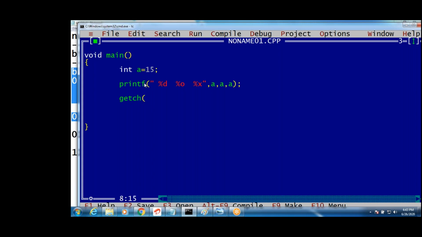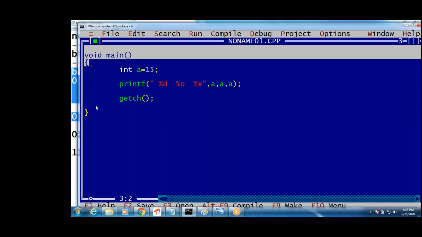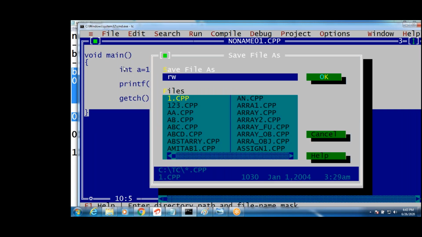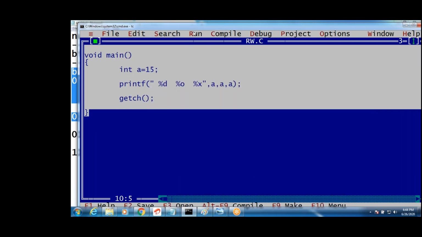Okay, see, guys, .c extension, header files are optional here. Okay, now run. If I run, see this, 15 decimal format, it prints 15 in decimal format, guys. I told you, right?